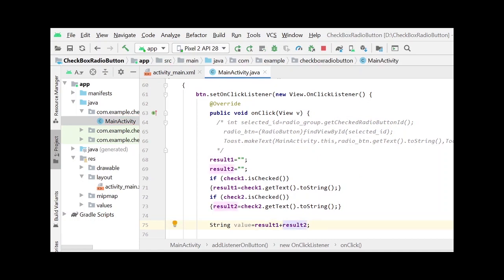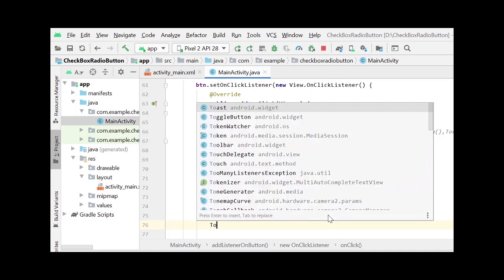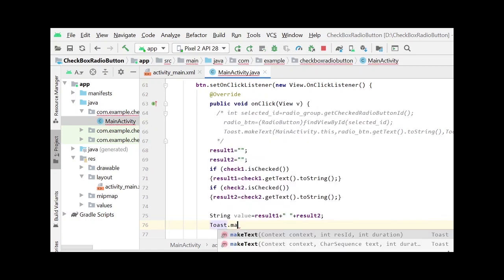Or we can add a space here, like this. So for example, if the user checks red, it will display red space green. Then display it with Toast.makeText.